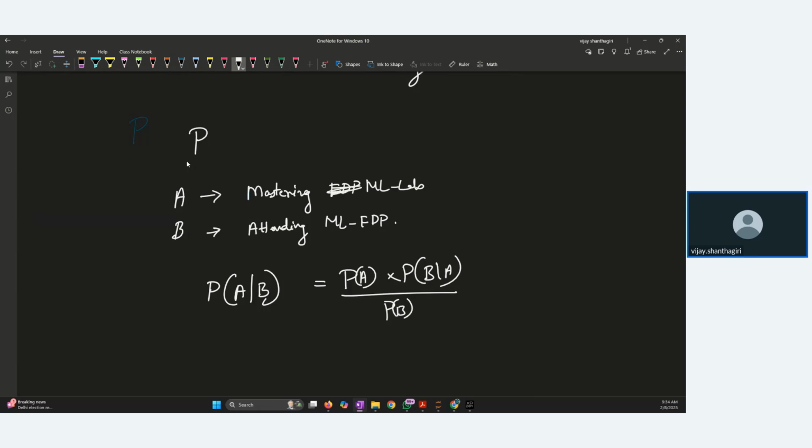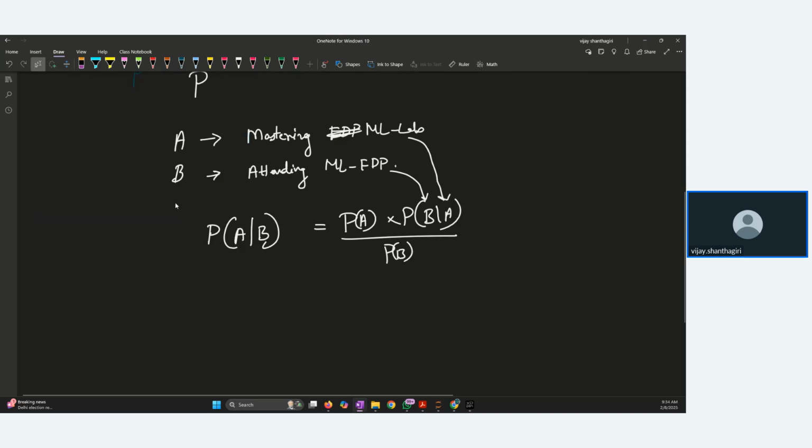How many of them attended ML FTP, after mastering, divided by P of B, which is the probability of attending ML FTP. We can actually get this data if we take the entire data set of all the colleges and